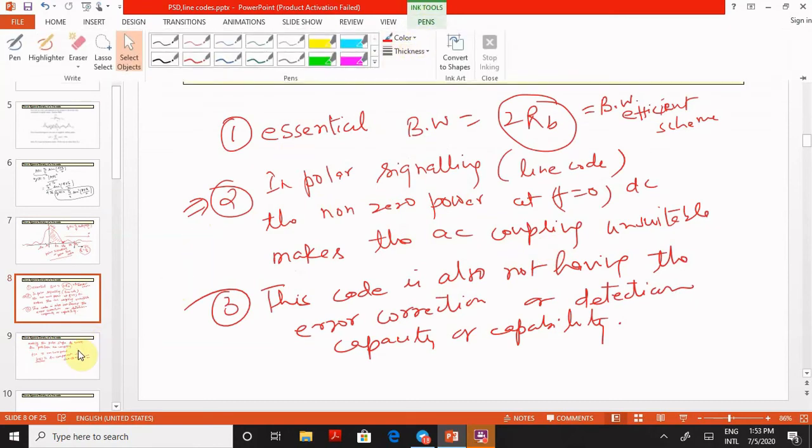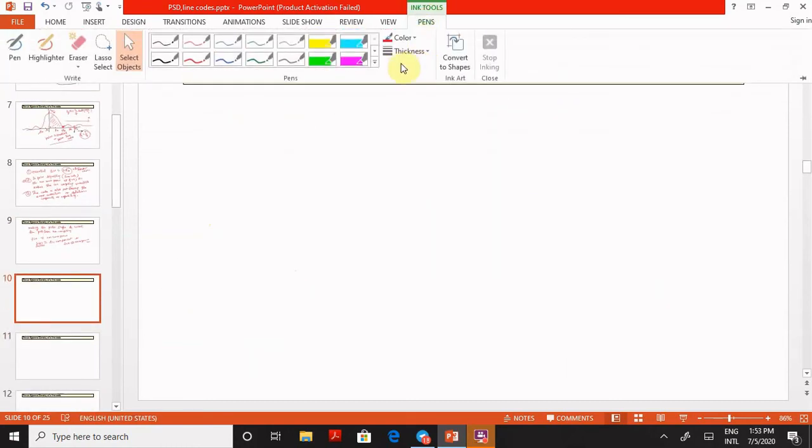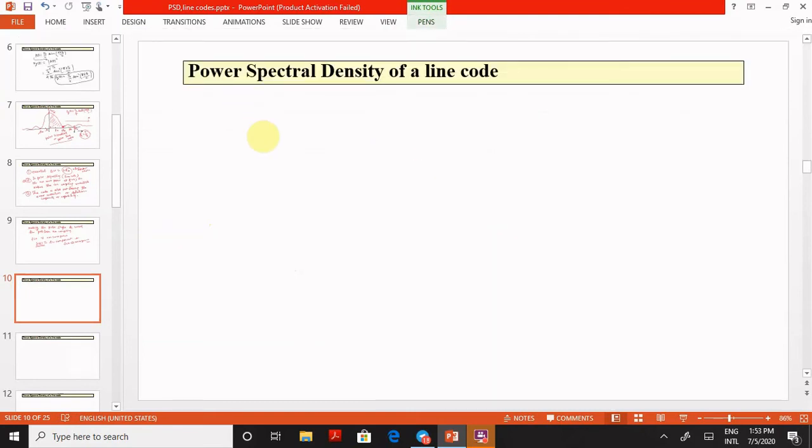So what it means, again we have to see, is that if we find the Fourier transform of the pulse p(t), we can simply write it as P(f), and we know the formula for the Fourier transform: P(f) equals the integral of p(t) e to the power minus j 2 pi f t dt, with the limits of integration from minus infinity to infinity. This is the simple Fourier transform relationship, and we know that this pulse should have the property that at f equal to 0, there should be 0 power.